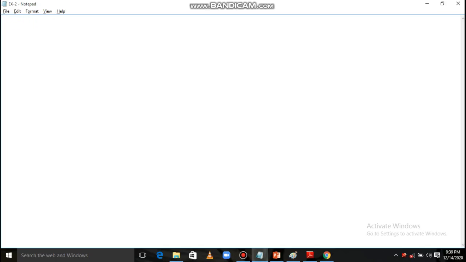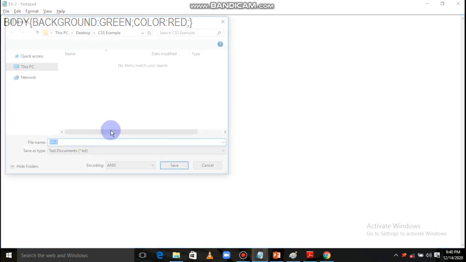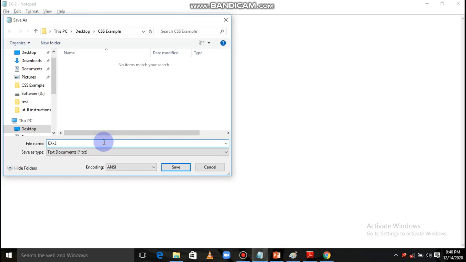So body, background colon green, semicolon, color colon red, semicolon, bracket close. Save this with Save As example2.css.